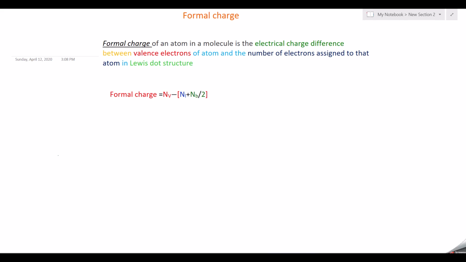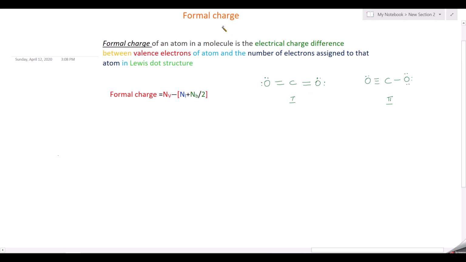The Lewis dot structure for carbon dioxide is oxygen double bond C double bond oxygen. So this oxygen has 2 lone pairs of electrons and this oxygen also has 2 lone pairs of electrons. Now this is one structure. One more structure you can draw, that is oxygen triple bond C single bond oxygen. And this oxygen has 3 lone pairs of electrons and this oxygen has only 1 pair. Now you take this as structure 1 and this as structure 2. So which structure is correct?